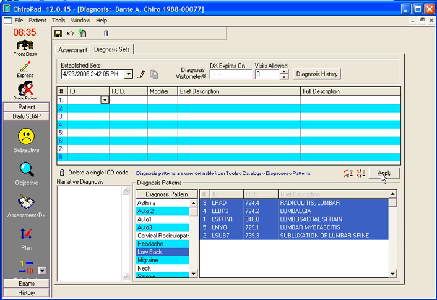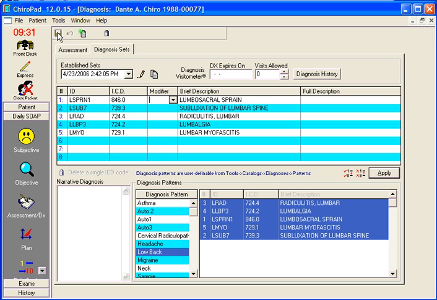When you click the Apply button down below, that moves all the diagnoses from the diagnosis pattern up to the top, and you will see that they appear in the line sequence which you selected. This line sequence is significant because items 1 through 4 will appear in box 21 of the HCFA form in the diagnosis boxes that are contained there, and any diagnosis 5 or greater can appear in box 19 if you select that option. Once you have completed the diagnosis entries, then click on the Save icon,